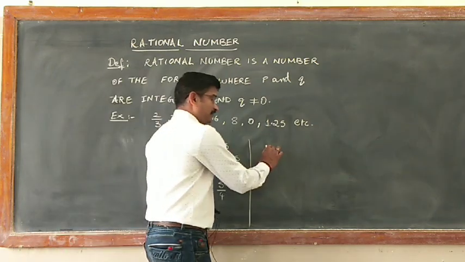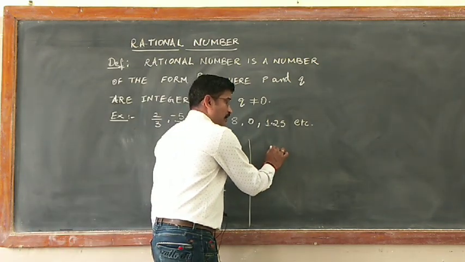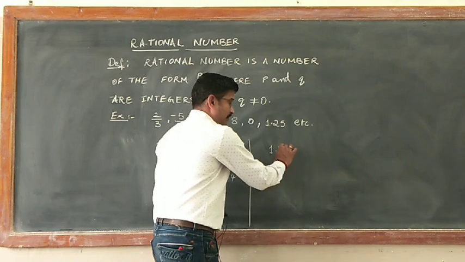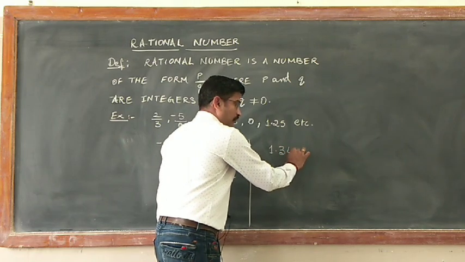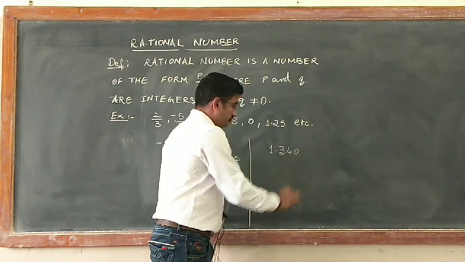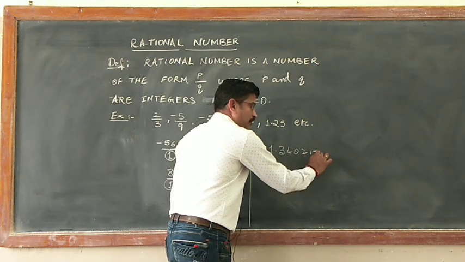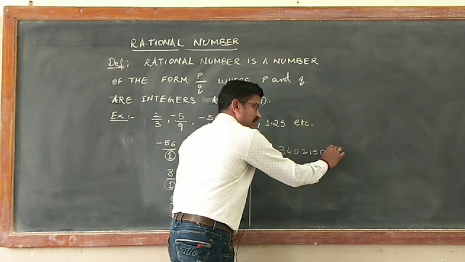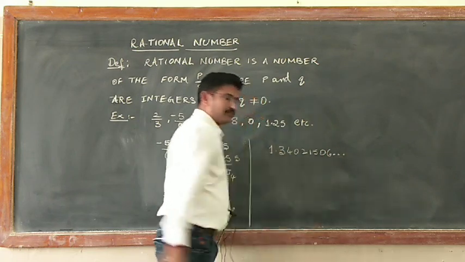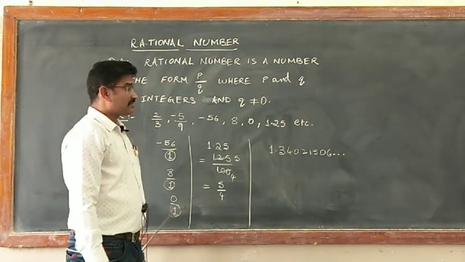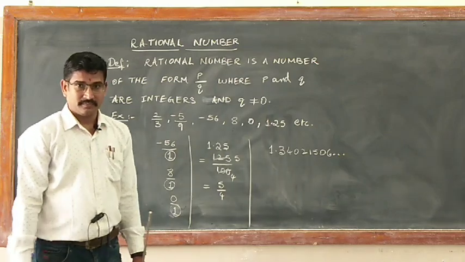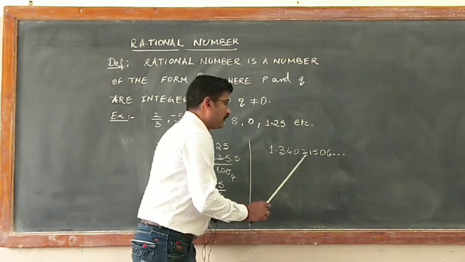For example, it is 1.34021506 and so on. Here this decimal number has decimal places